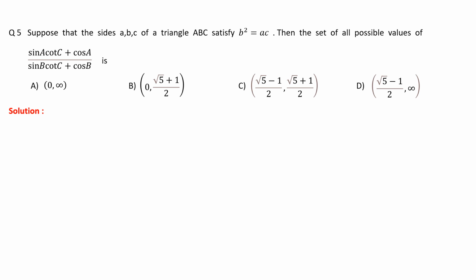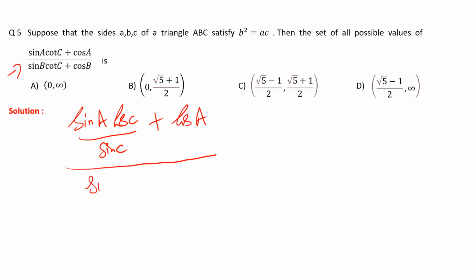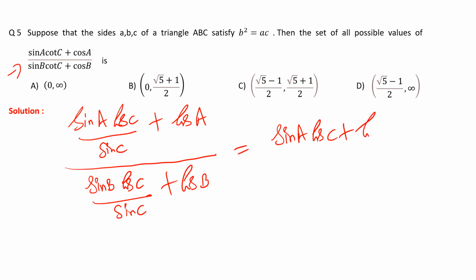Now, basically, in this question, we have to find the range for this particular expression. Now, let us simplify this expression. It is sine A into cot C, and cot C I can write as cos C upon sine C, plus cos A, whole divided upon sine B into cot C. So it can be written as sine B into cos C upon sine C plus cos B, right? So if I take LCM in the numerator, I am going to get sine A cos C plus cos A sine C divided upon sine C,